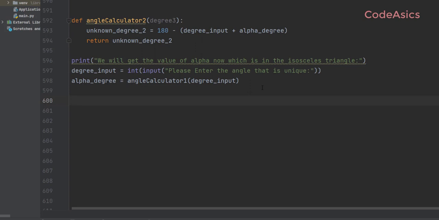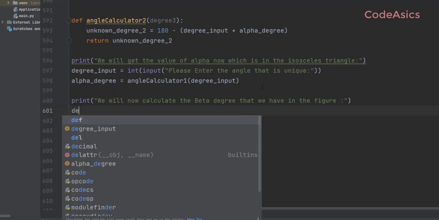In this case I'm going to give a print: we will now calculate the beta degree that we have in the figure, right? So what I wish to do is get the degree input. I will actually get it here, degree input,